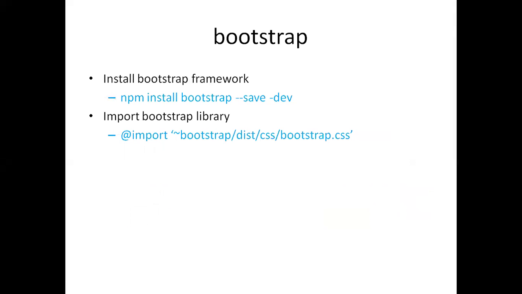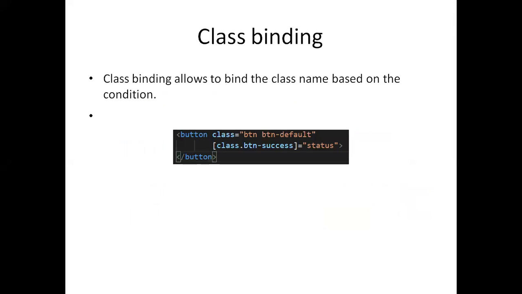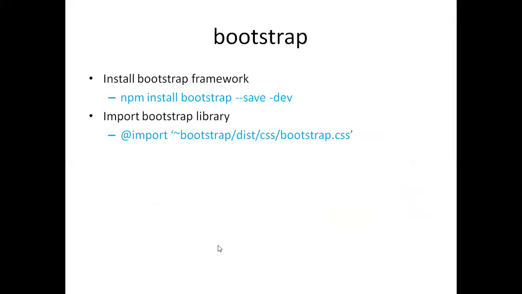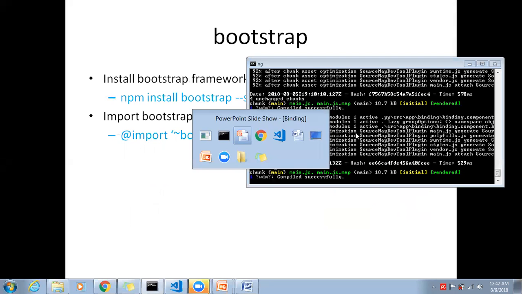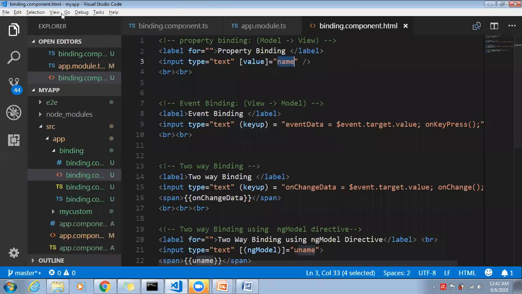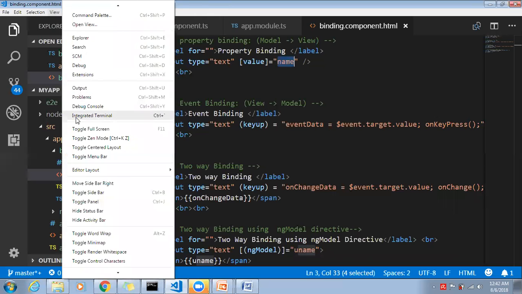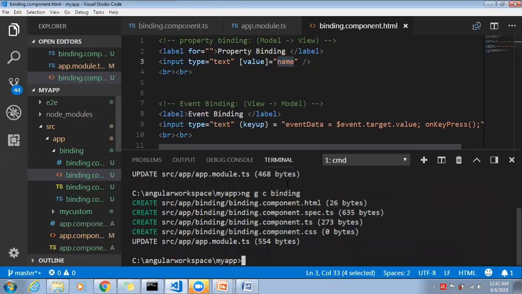Now, before going for class binding and style binding, I want to introduce how to make use of the Bootstrap framework classes in our Angular application. First, you need to install Bootstrap with the npm package. Let me install it. npm install bootstrap